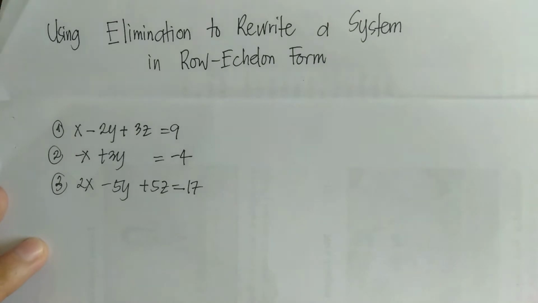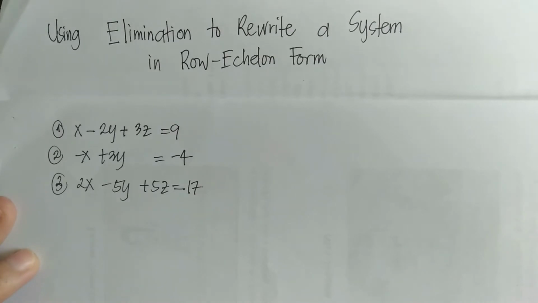Okay, this video is going to explain to you how to use the elimination method to rewrite a system in row echelon form. The main goal of rewriting a system into row echelon form is to make the system very easy to solve, in which